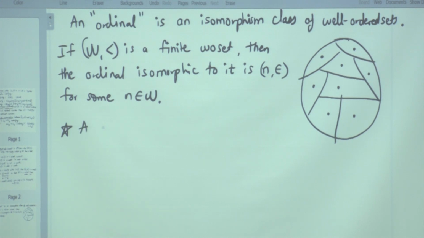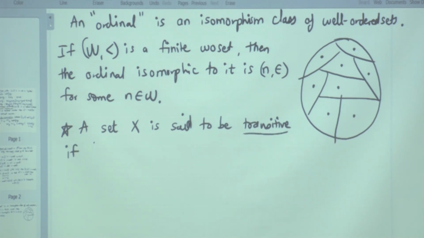A set X is said to be transitive if for all y in X, y is also a subset of X. Very confusing, right? Belongs to subset. I will rewrite it equivalently,